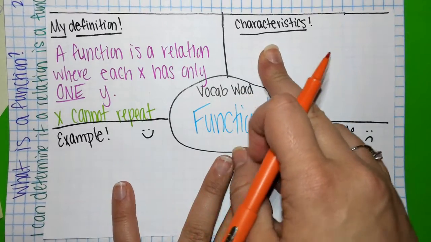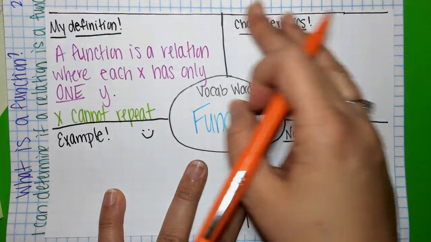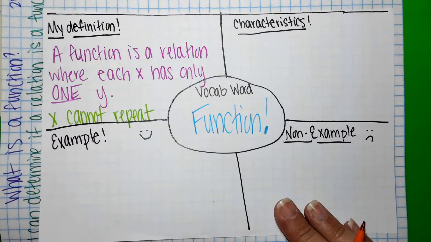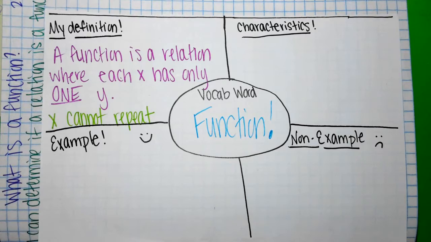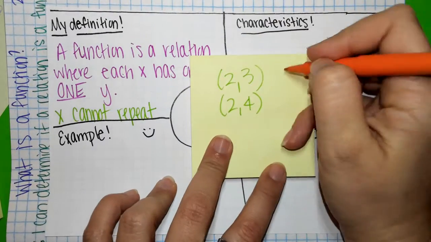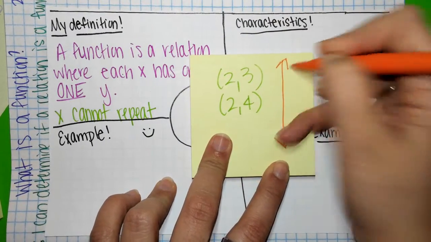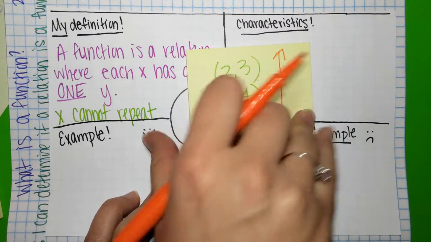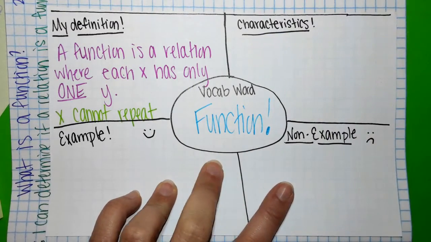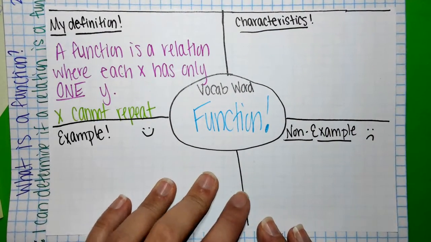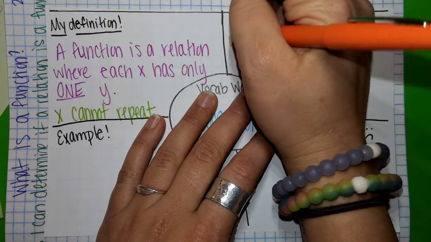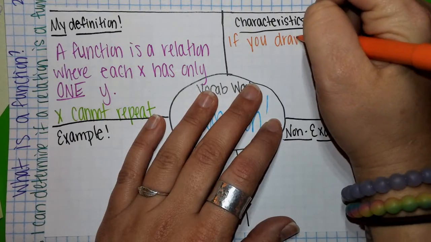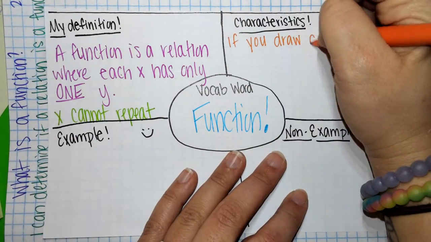Alright, characteristics. Here we go. So, it has to pass a vertical line test. Now, which way is vertical? Up and down. Okay? So, a vertical line would look like this, correct? We are going to draw a vertical line through our graphs, and it's called the vertical line test. So it says, if you draw